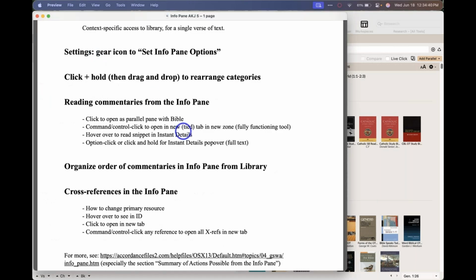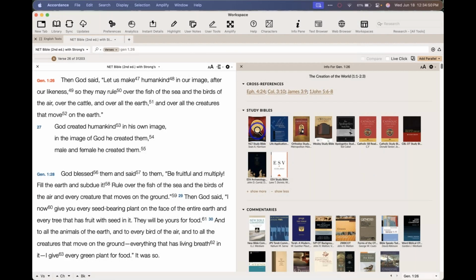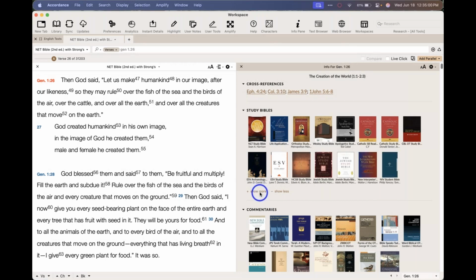So I know I said commentaries here in the handout. I'm going to show you with study Bibles just because I've got fewer of those in my library, but it works the same way. So I've got the NLT Study Bible showing here, Life Application Bible next, and the Apologetics Study Bible. Let's say I want one of these other ones to show first. Let's say I want the Jewish Study Bible showing first and something else showing second. Go to the library,